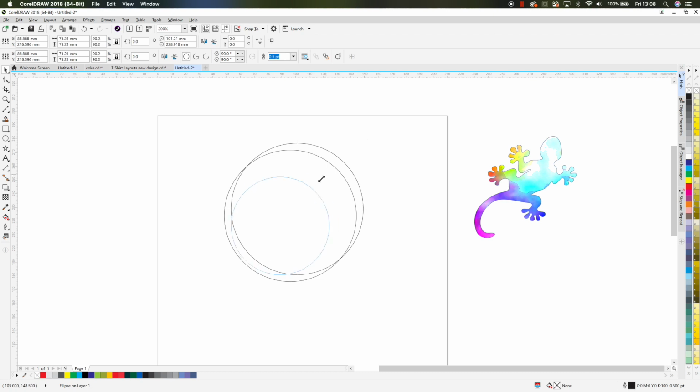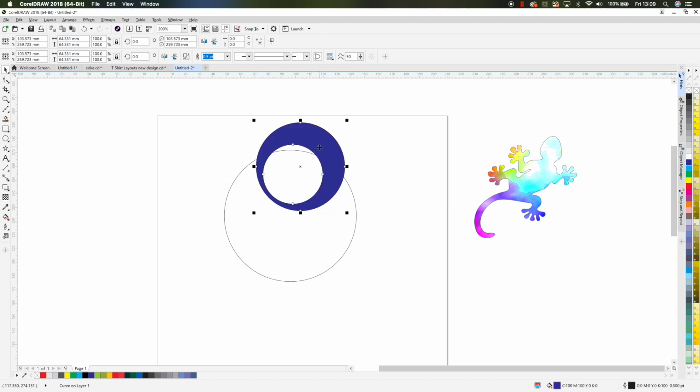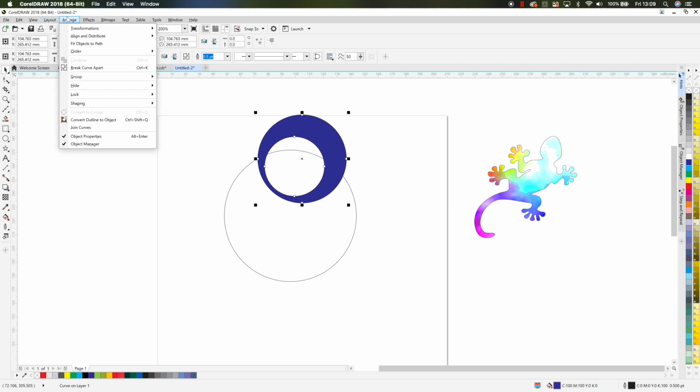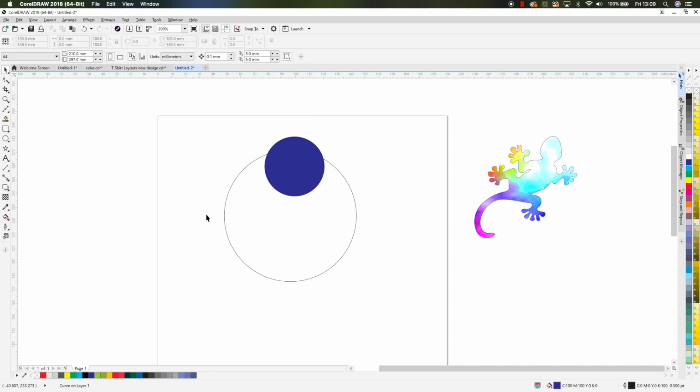Let me just bring two objects together and combine them. So I'm going to, Control D to duplicate this object like this, Control D, bring it in there, highlight the two, Control L to combine. Combining is when you get two objects that become one component. But let's just say I want to break that back down. Let's go back to the break apart, which is Control K, and that will give me back the two individual components there and there. Okay, so let's just delete those out.